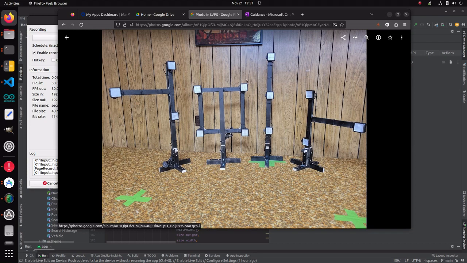So if it said this light is this big, and this light's tiny, the centers would still line up. So I'm actually able to get really good landmark sizes,